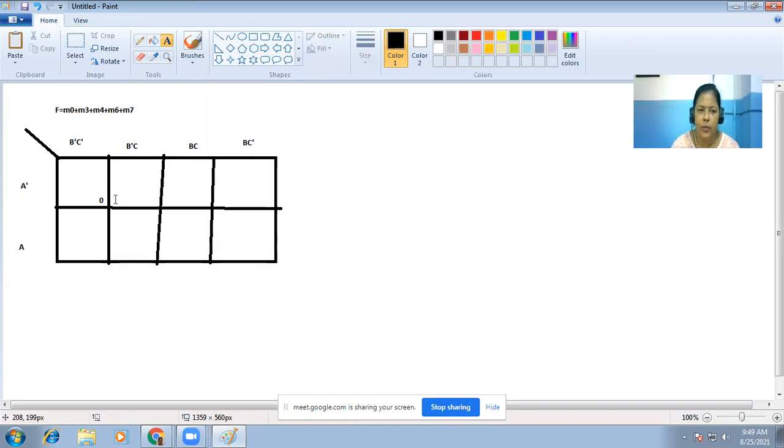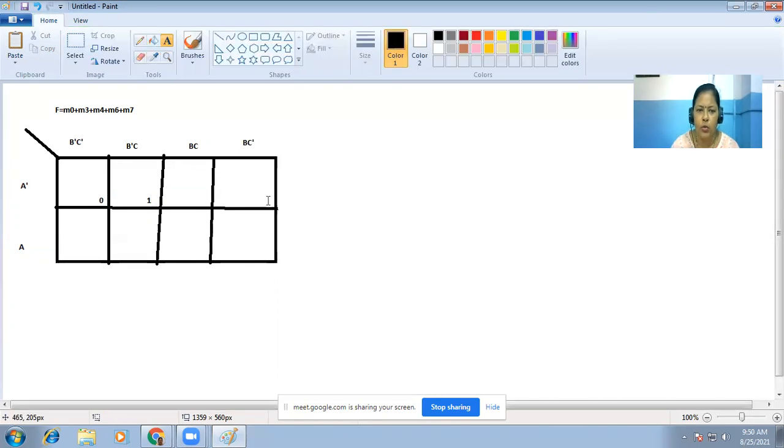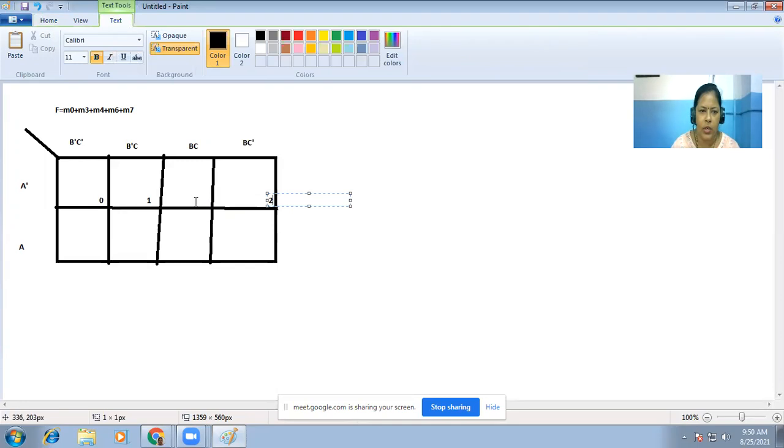For the first time we have to think about what the min term will be, but from the next time onwards we need not think, because the last 2 columns and the last 2 rows will interchange. So 0, 1, 2, 3. Again here 4, 5, 6, 7.